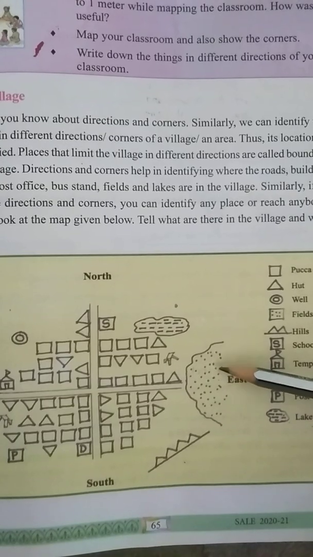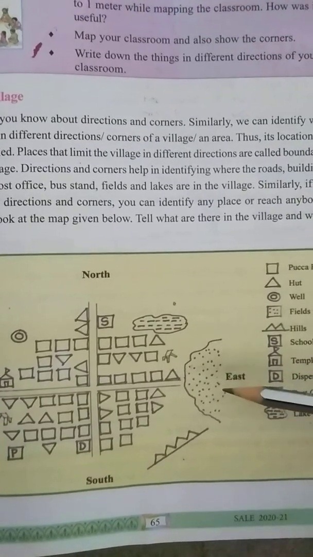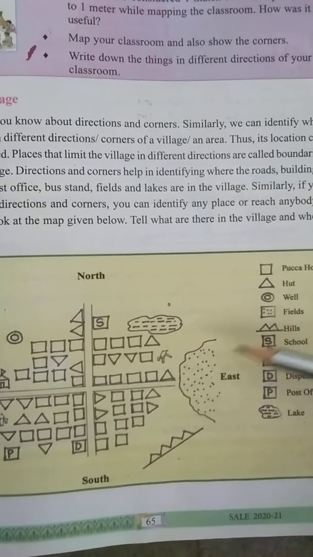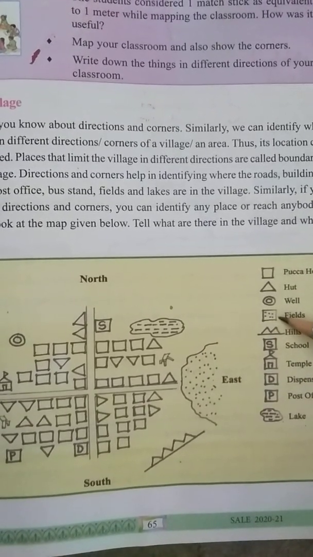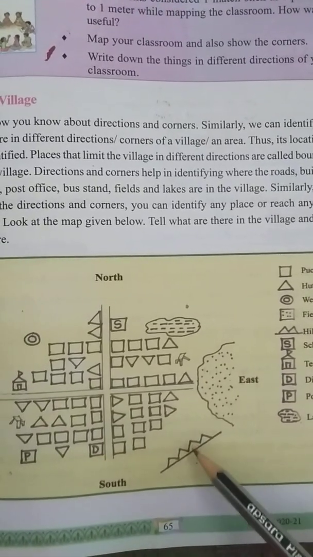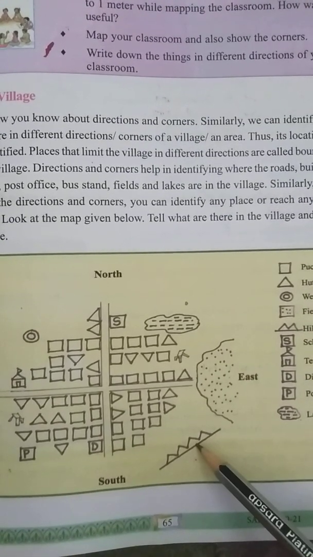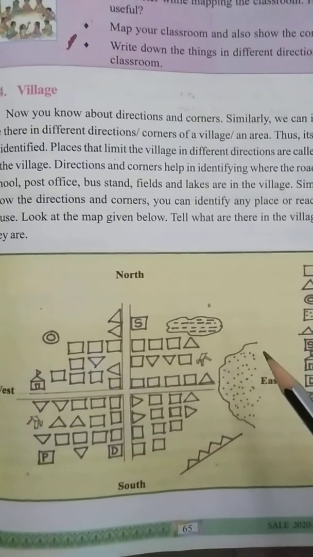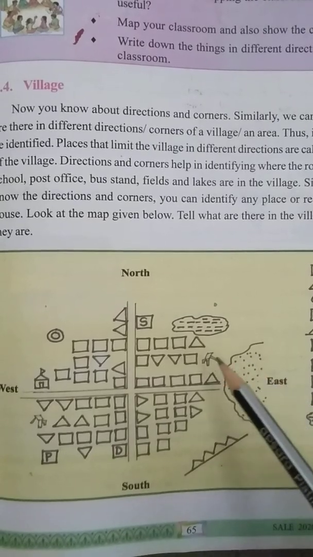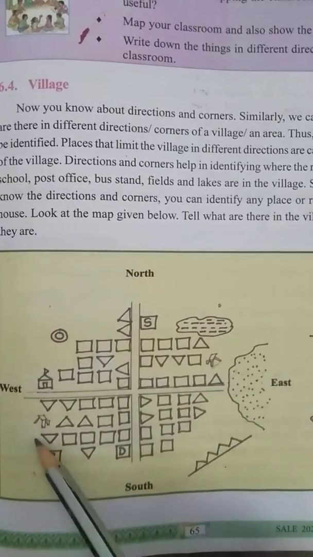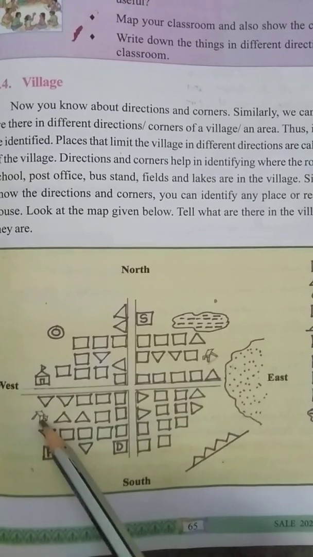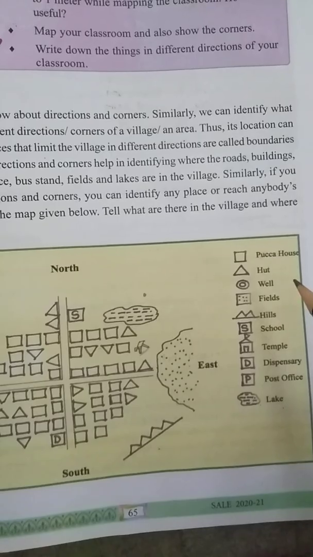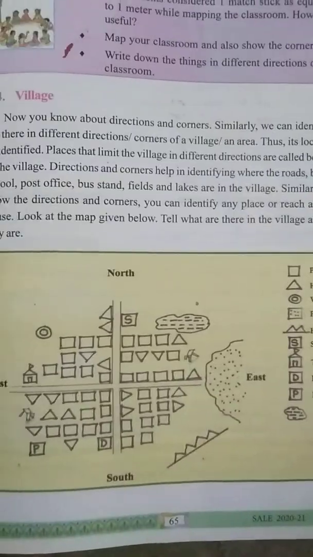Something is here. What are the small dots given here? What is the meaning of these dots? Yes, these dots mean fields. And these lines given like steps, what are these? These are hills. And again we forgot one more thing in the map. What is that? Yes, this. By seeing only we can say this is the hand pump. Where is it? It is not given in this, but it is a hand pump.